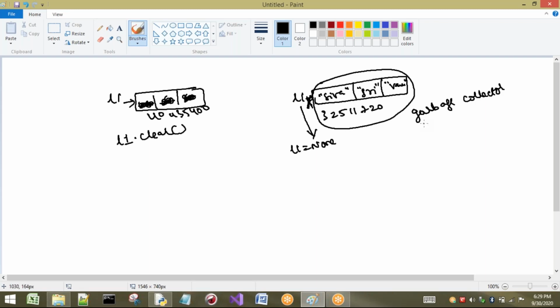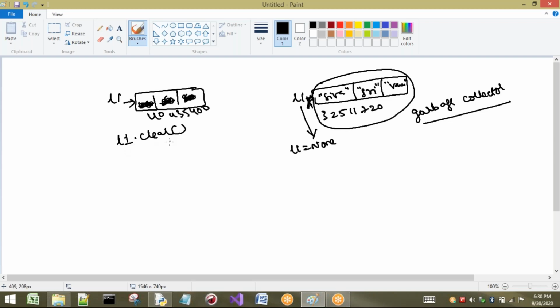If no one is using this object, what is the need of having that object in our memory? So the garbage collector will clean that object. That means the memory will be freed, and all these items are going to be removed. What about L1? L1 is going to point to None. None has by default some address, so it is going to print that address. So here we have to observe what?